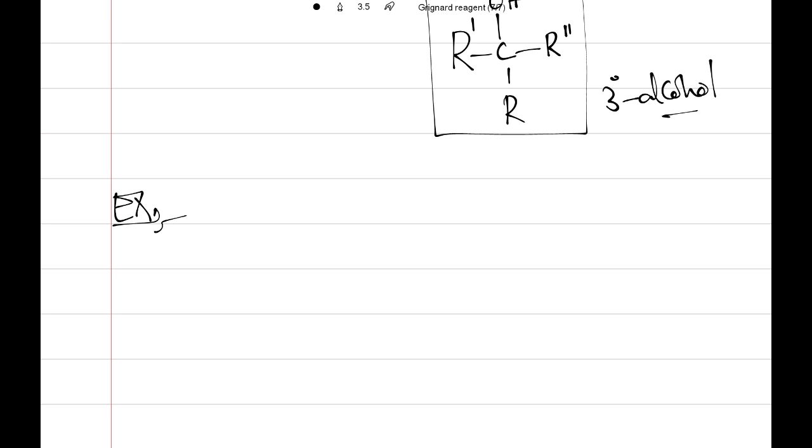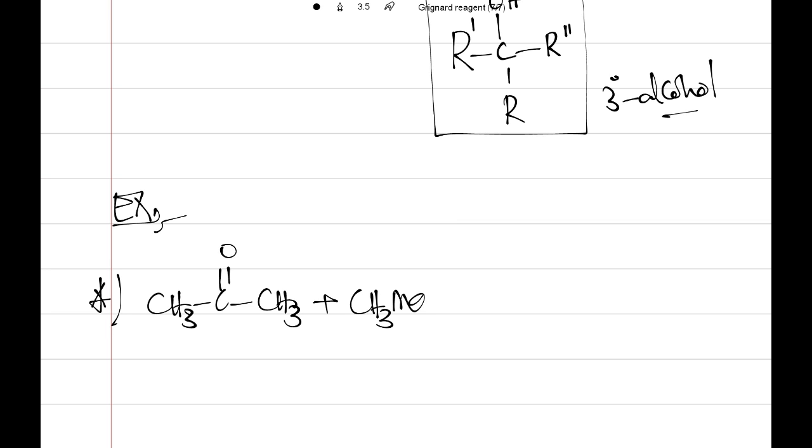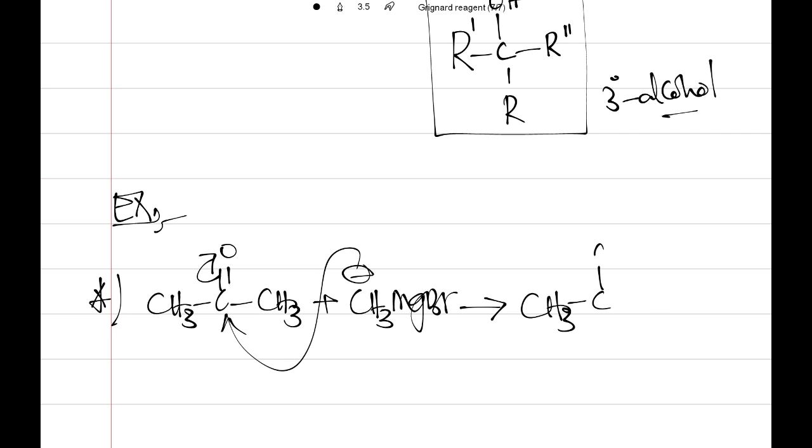Okay, right. So when acetone, CH3 C double bond O CH3, is reacting with CH3MgBr, CH3 minus is attached to the electrophilic carbon of this ketone, and electrons are shifting towards the oxygen, and we can get here CH3 C O minus, with this CH3 and another CH3 on the downside.